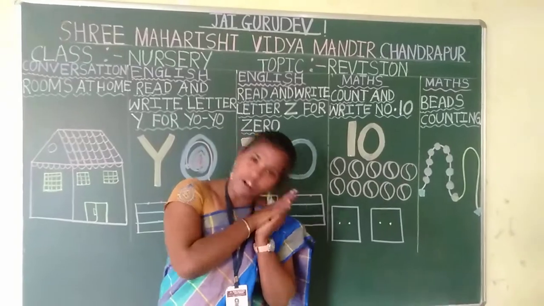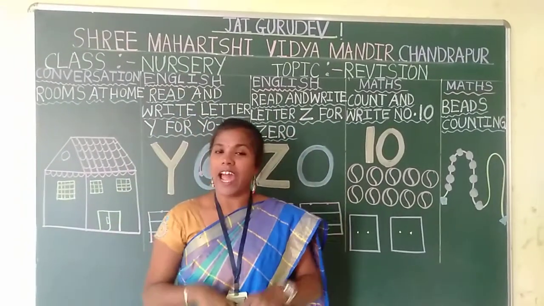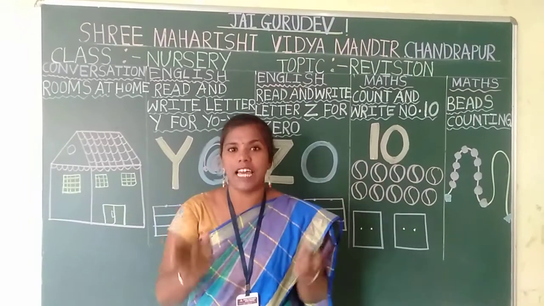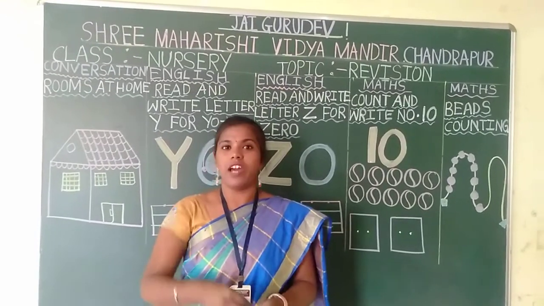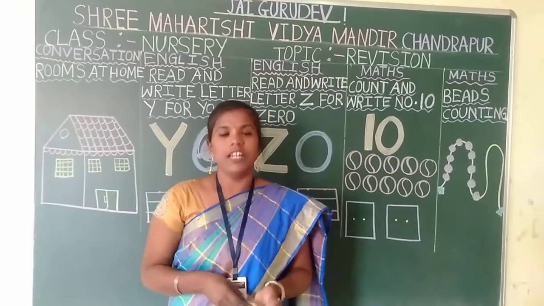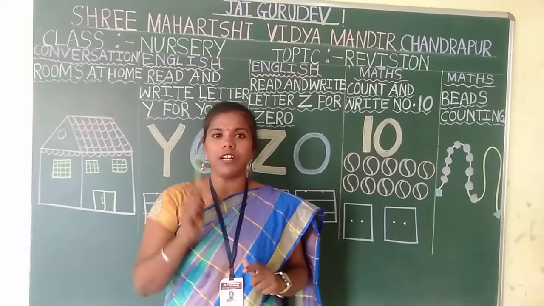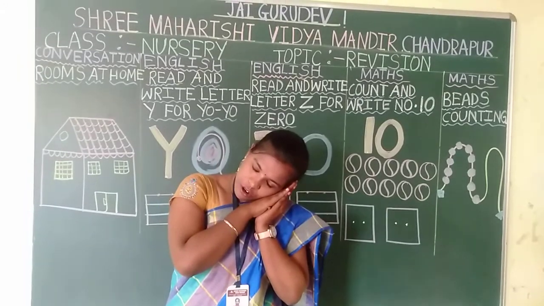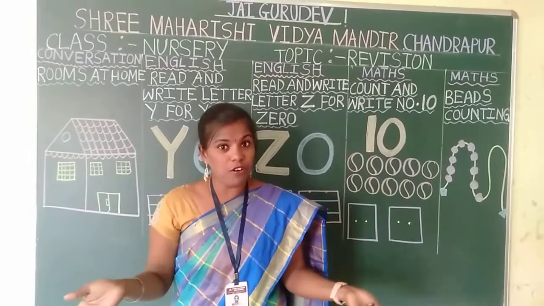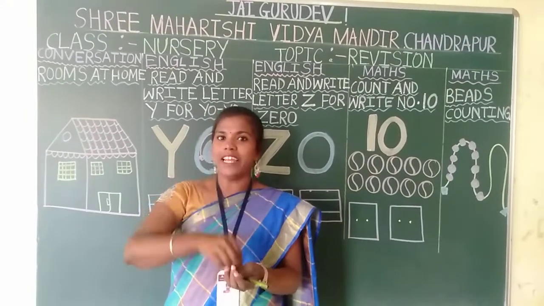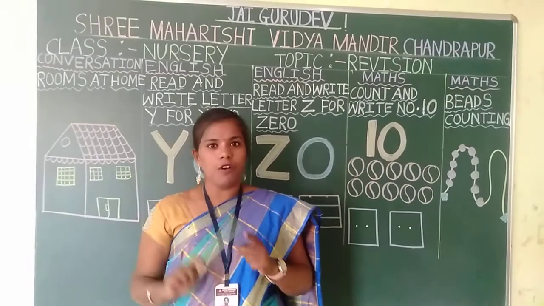We have bedroom, we have kitchen, then bathroom, okay, and living room where the guests are sitting, okay, and one more room is dining room where we can eat our food. In this way, at home we have different rooms. One more time say, see, bedroom, bathroom, kitchen, living room, understood, and dining room. In this way, you see the video of rooms at home.